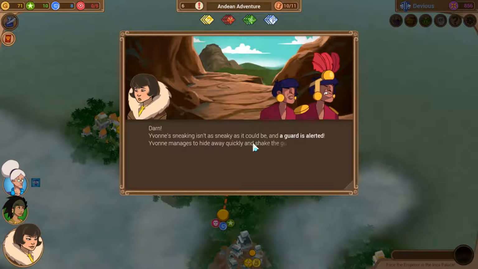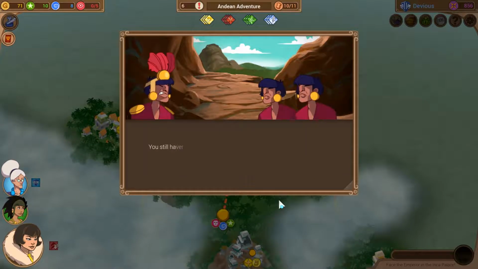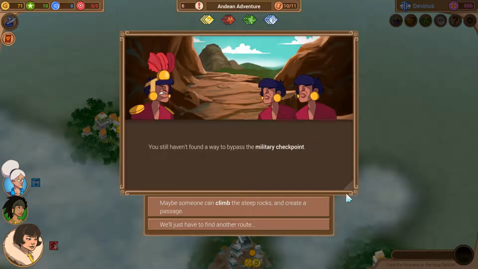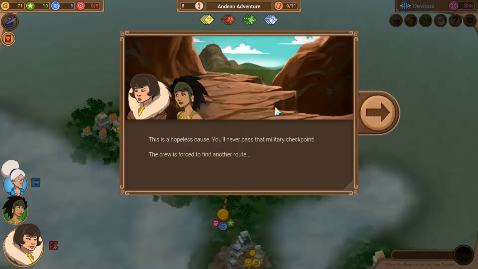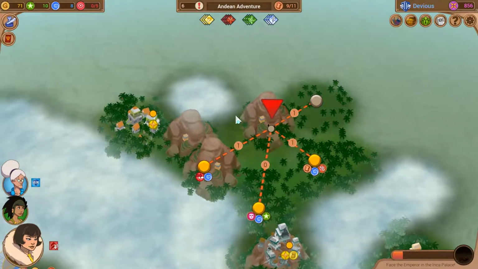Darn, Yvonne's sneaking isn't as sneaky as it could be, and the guard is alerted. Yvonne manages to hide away quickly and shake the guard off, but for a moment she thought she was in for it. That leaves Yvonne shaken, and the guards are no more vigilant. Jesus, minus 15 grit. Okay, we have to find another route then, because I'm not going to take a 20% chance here. Sadly we didn't get anything there, but